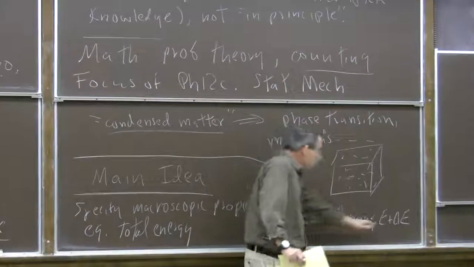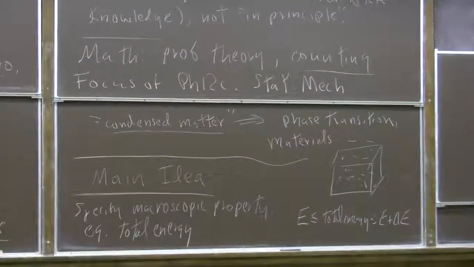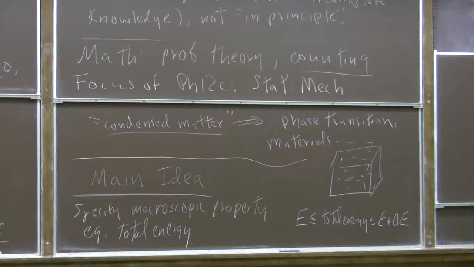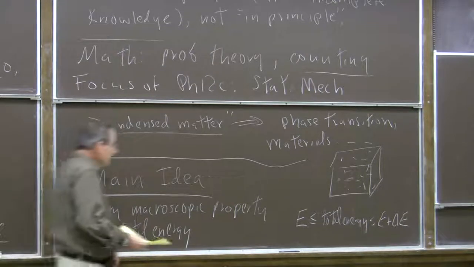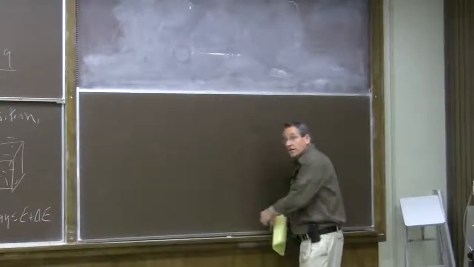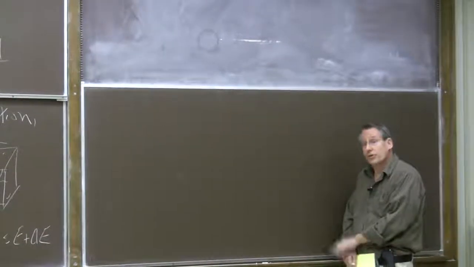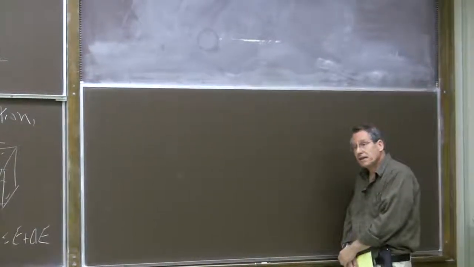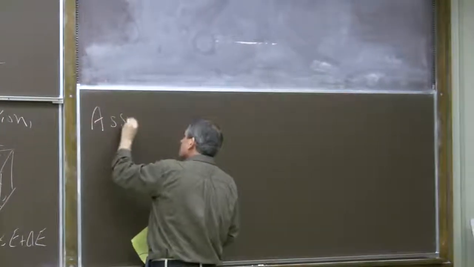And of all the states that have energy in this range, well, there are many of them. Lots and lots of microscopic states. Lots of ways in which that energy could be shared as kinetic energy among the different molecules in the box. And now, for trying to understand what's going on in the box, we're going to rely on an assumption, which I'm not really going to justify from first principles, because doing so is actually not easy. So let's be honest and state it as an assumption,